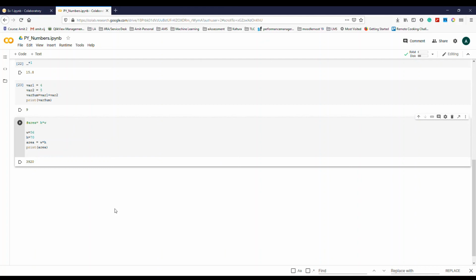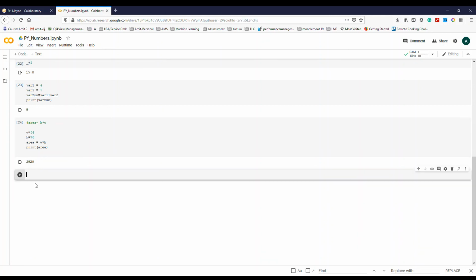So this is the way you can use a variable in the calculations as well. Variables can be used in complex calculations as well. For example, if I want to do something into 45 plus 34 divided by 3 minus 95 plus 1.